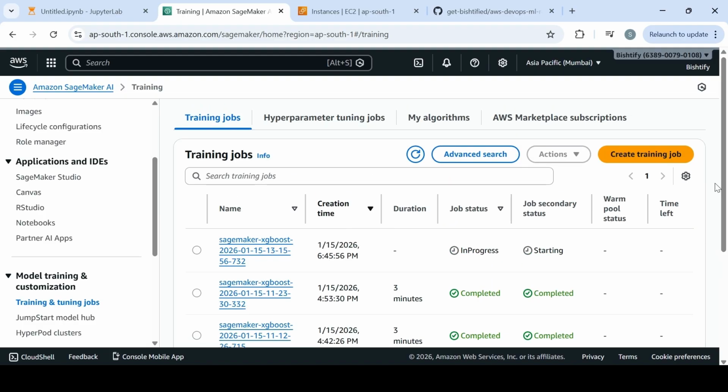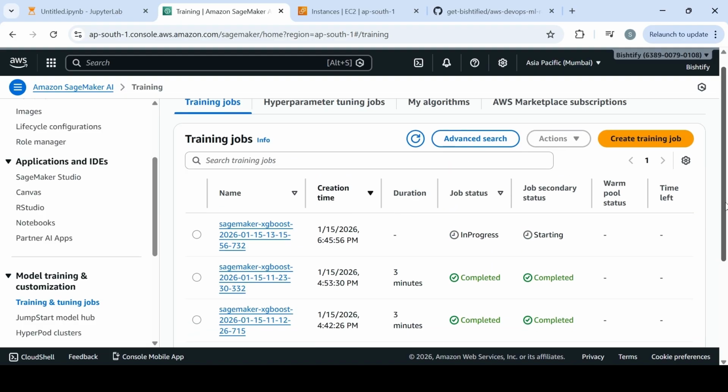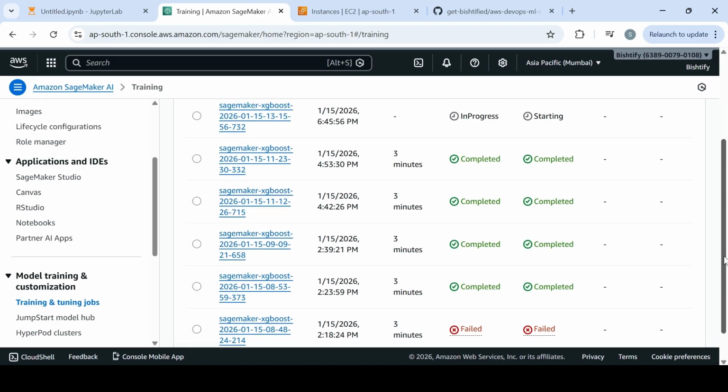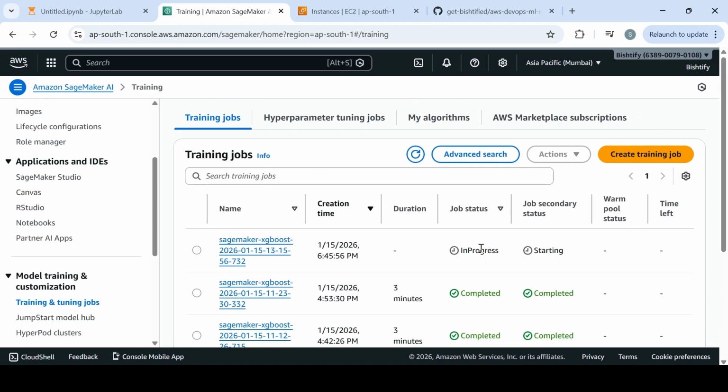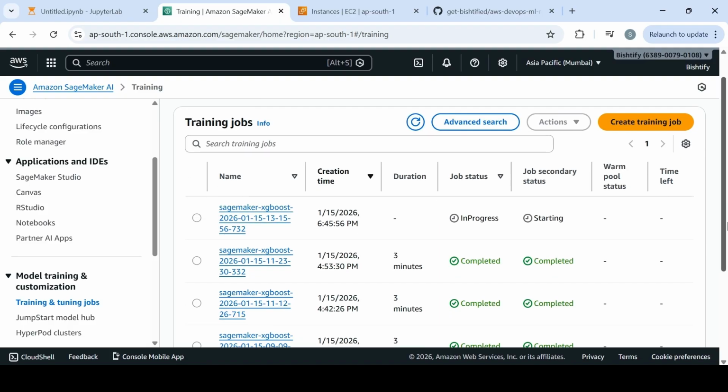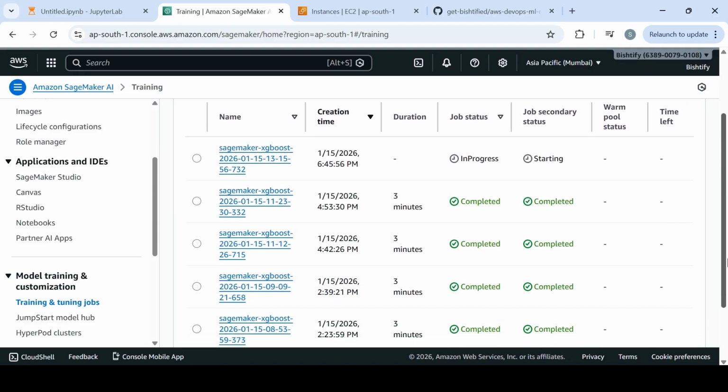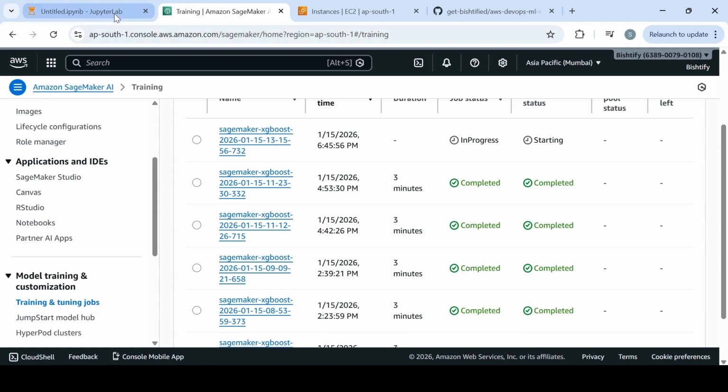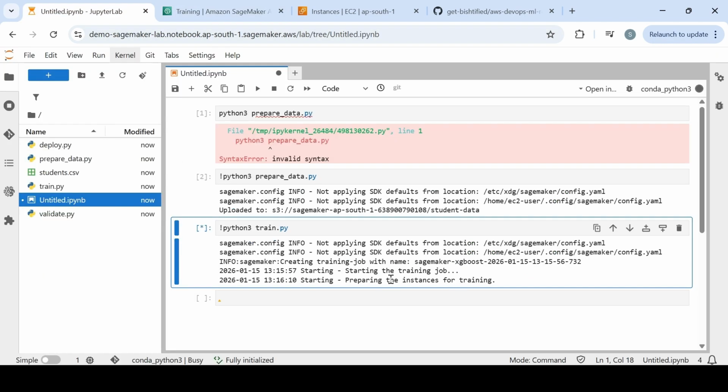That's what I tested before creating this video, because earlier I was getting different errors. I do not want to waste your time on the video troubleshooting the error. So I got this fixed. Every time I got an error, I went ahead and fixed the script to get a smooth execution. So now, since the training job is going on,